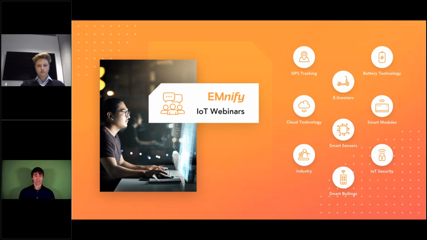Usually we have co-hosts from different partners, talking, for example, about cellular routers like last time, or cloud technology. So we had AWS visiting, or things like batteries. This time it's going to be a little bit different because we wanted to take a little bit of time to talk about some features that we have recently launched. Especially when you're building your IoT product on Google, you should be carefully listening to this webinar.